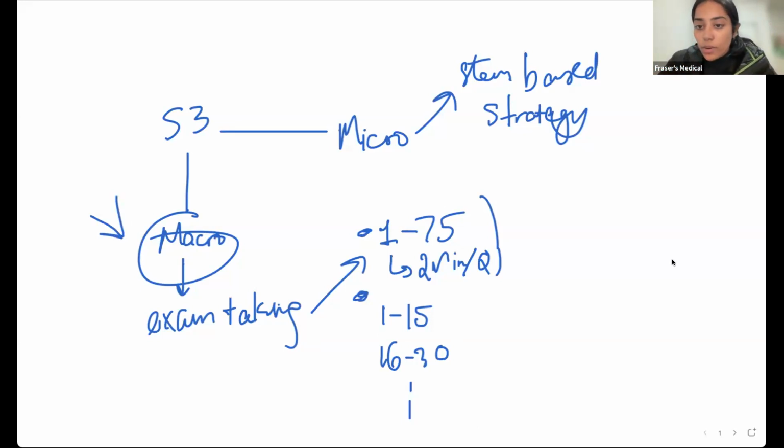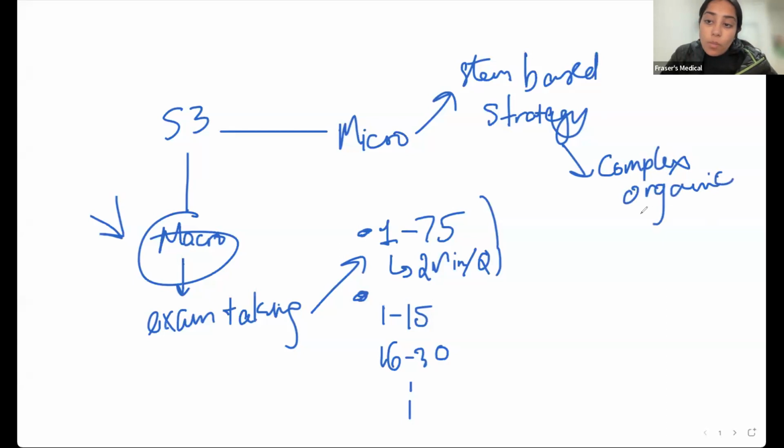So the other question was about complex organic pathways. Now, complex organic pathways are definitely a type of STEM within your micro strategy. So within complex organic stems, can someone chuck in the chat what they find most difficult about organic chemistry stems? Can you chuck in the chat why that's a challenge?